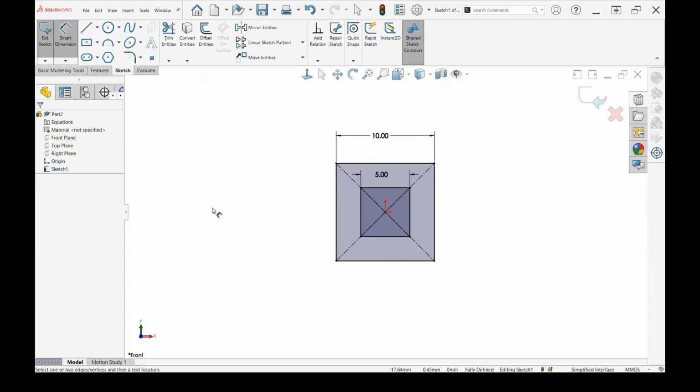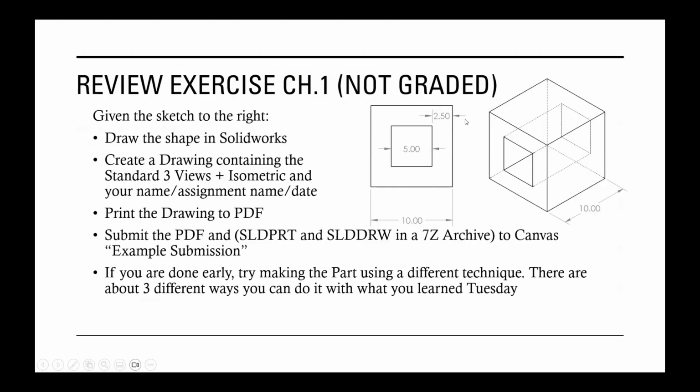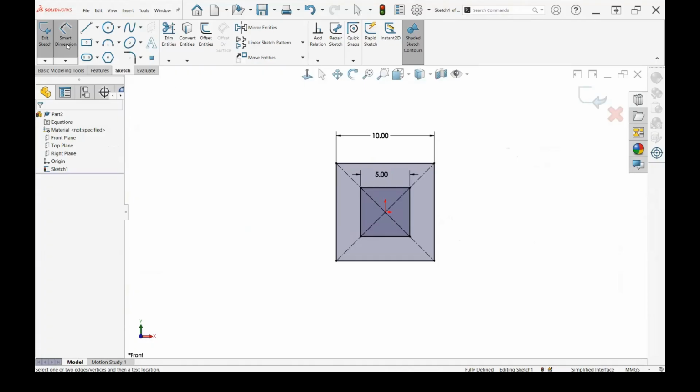And we're going to go back to our drawing and show this dimension, the 2.5 thickness of the wall, is not necessary for us to add as a smart dimension at this step, because right now we have two squares that are equally or coincident on the origin, where that center point is on that 0, 0 mark.